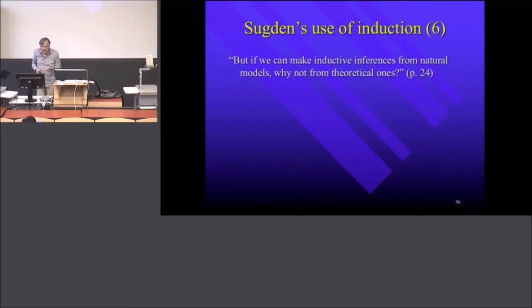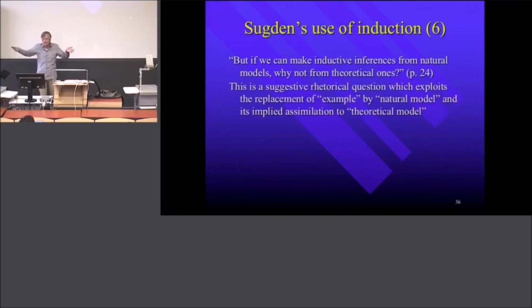Now, but if we can make inductive inferences from natural models, why not from theoretical ones? So he's building up something new. He says, oh, we have different kinds of models. We have natural models and we have theoretical models. Now we can make inductive inference from natural models, this was the generalization to Cleveland. And they say, okay, but they're all models. Therefore we can also generalize